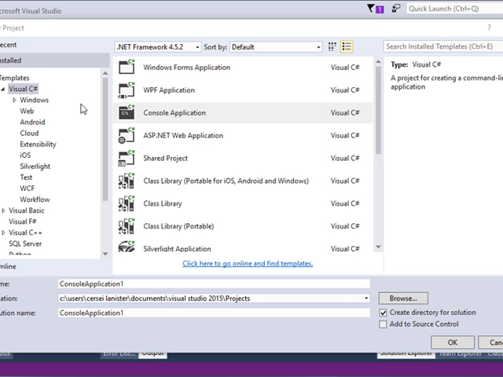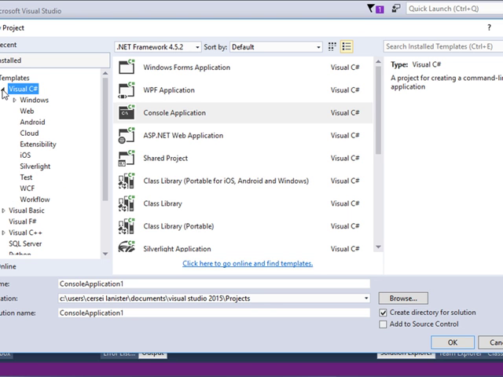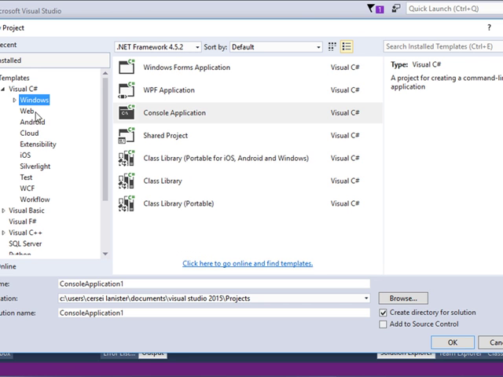I'm going to make a Windows form, and at this point it really doesn't matter if I'm using C# or Visual Basic. So far it's going to look the same, but I am going to go with a Windows Forms application,